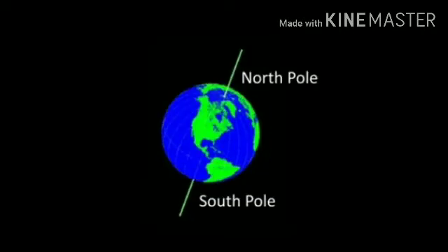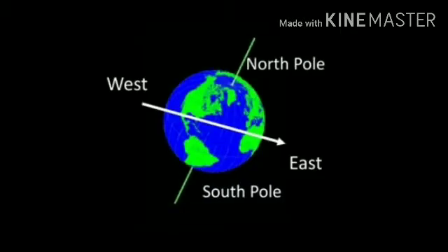A needle is fixed through the globe in a tilted manner. Tilted means in a slanting way, which is called its axis. The two points on the globe through which the needle passes are the two poles. They are the North Pole and the South Pole. The real Earth has no such needle. It moves around its axis, which is an imaginary line. Like how we are referring to this globe, it has a needle in the middle. Our real Earth does not have any needle like that.